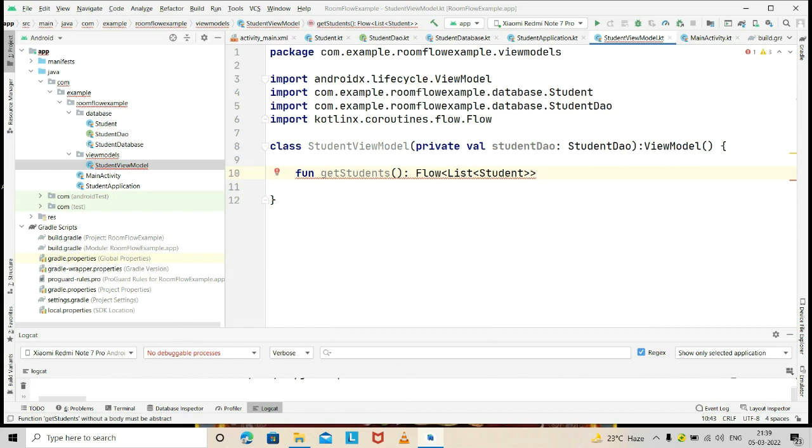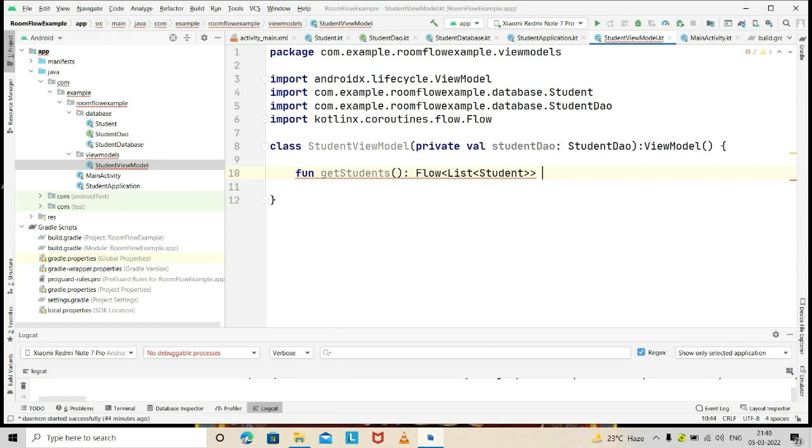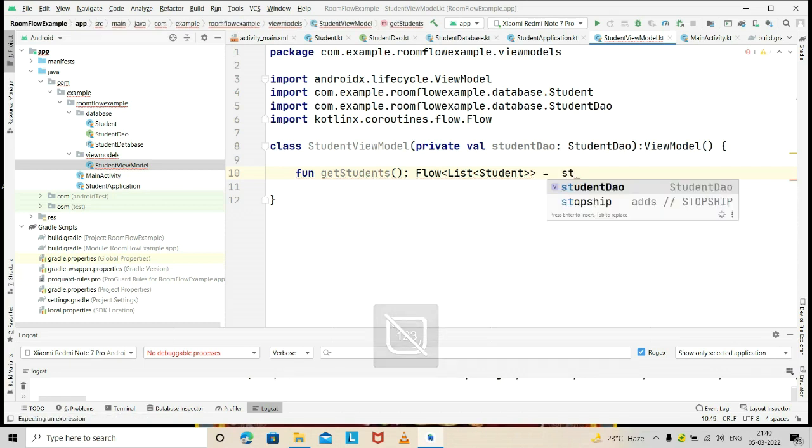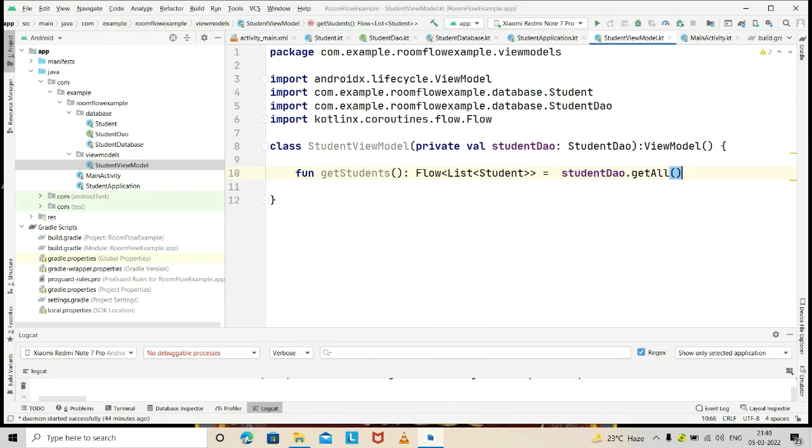Function flow list, with a list of the student, where I think there is an issue. Yeah, StudentDao, just give the gap to that, okay, and getAll. So that is the first function in which we can fetch our data,